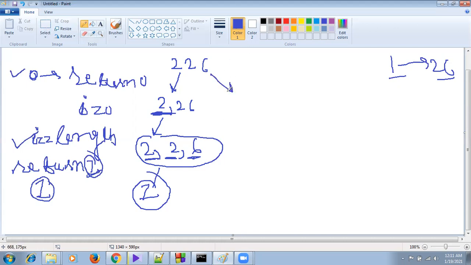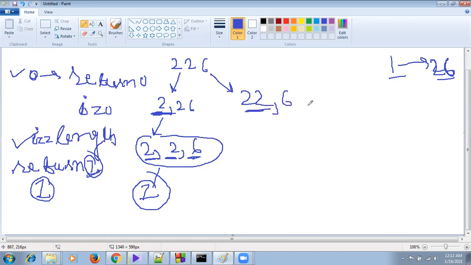Okay, for further we will check for the 2 digit, because here 26: 1 to 9 is a single character, but after 9 there are 2 digit characters, which go till 26. So we have to check also for 2 digit, 22, 22 here 6. So we have to also check for 22.